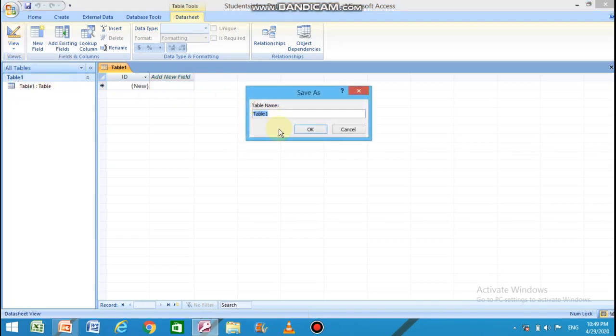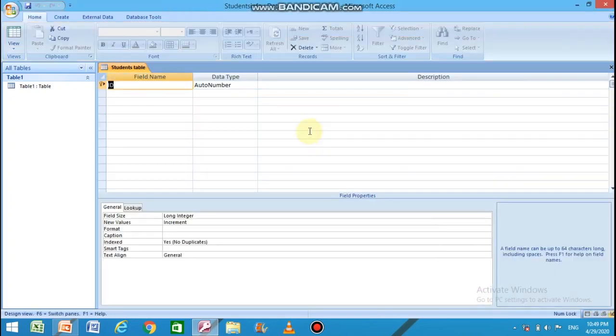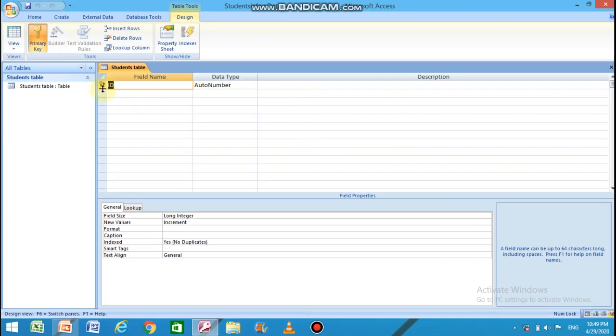It is asking the name for the table. Name: students table. Okay. Now we have to provide all the fields one by one according with their data types and descriptions if required.